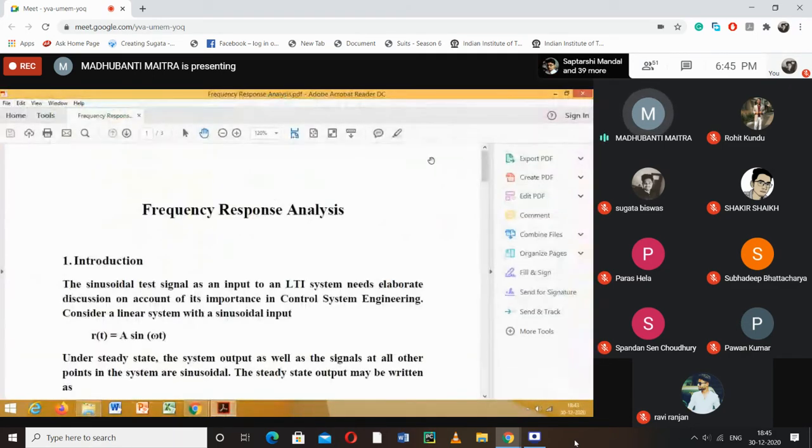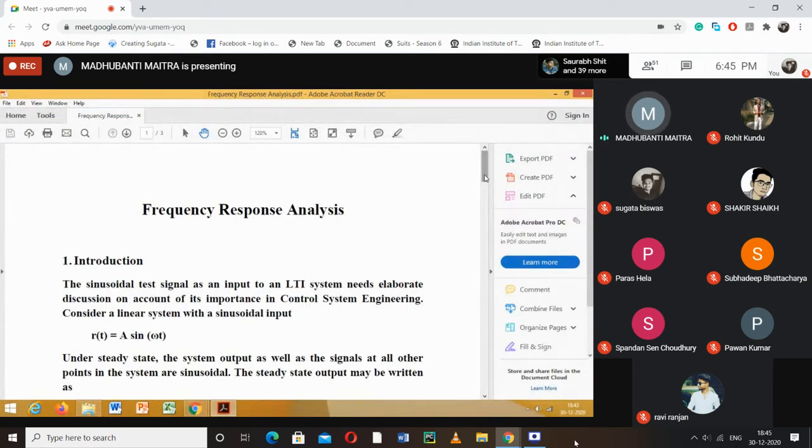Now let's discuss the basic theory behind this experiment. What is meant by frequency response analysis, and why is this experiment so important to us? Because in the theory class, while we'll be discussing root locus and Nyquist stability criterion, often I'll refer to this experiment, right? So from the computer experiment point of view, it is a very simple one, but a very, very important one.